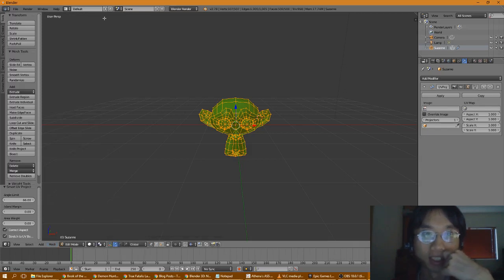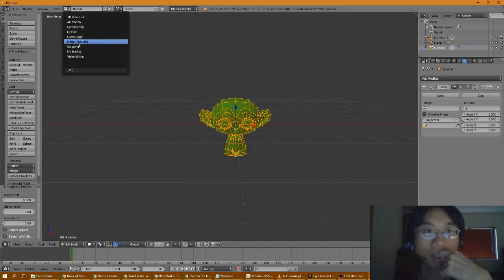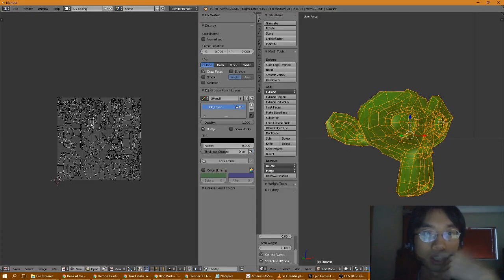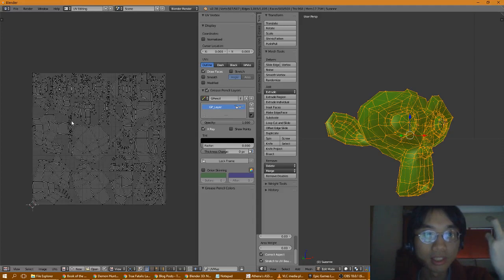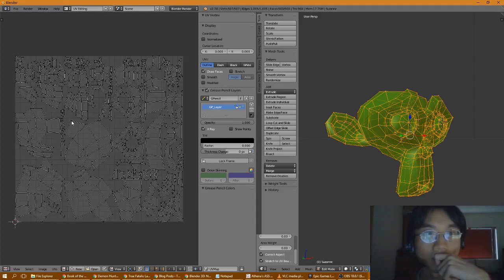What does that mean? And if we, oops, don't do that. Why did I, nope, don't do that. If I... okay, there it is. Look, there it is. So now we have the, okay, so that's smart UV project. So now we have a UV thing for the monkey,